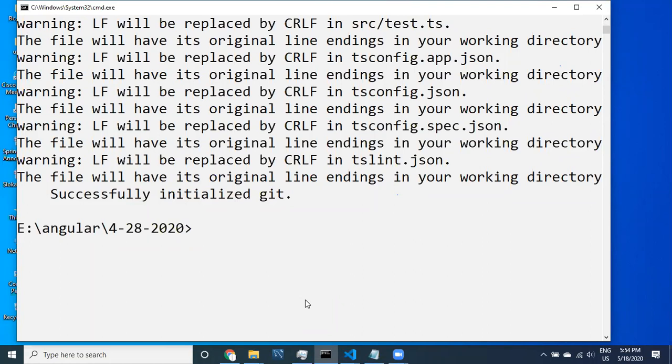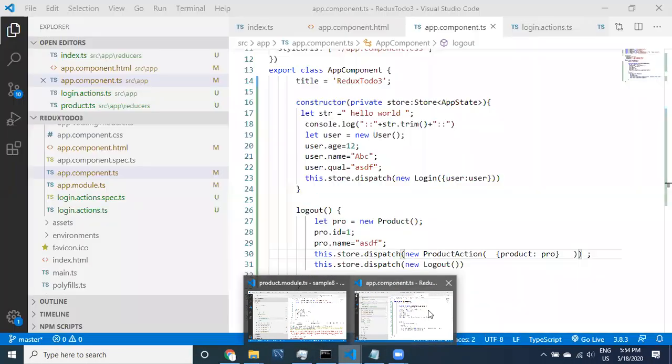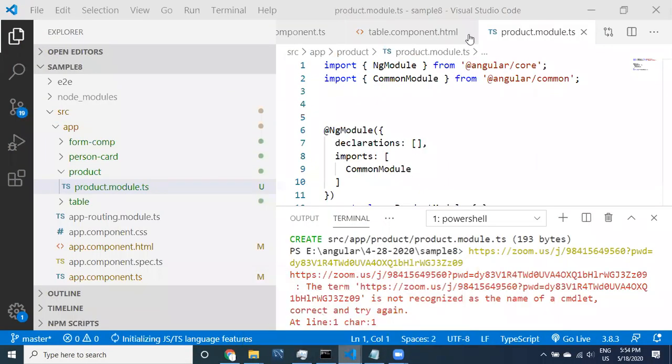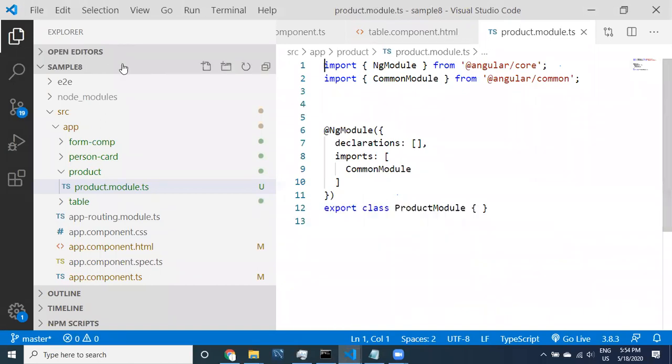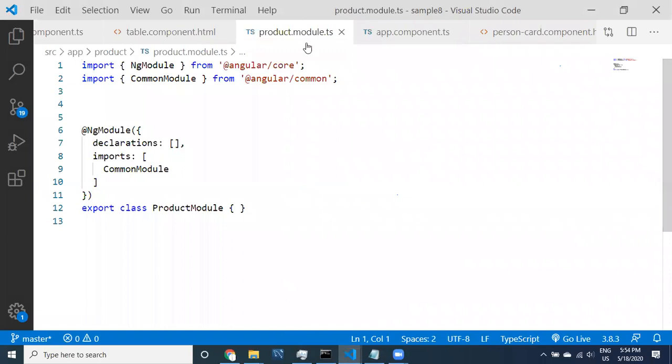Before opening that file and showing it, in this new project I have created, what can I do? I want to create a module. I will come there and create it. Yes, I have created it. Let us come here, guys. This is going to be the product module. If I open the product module file,